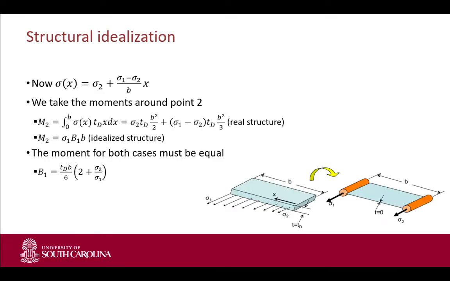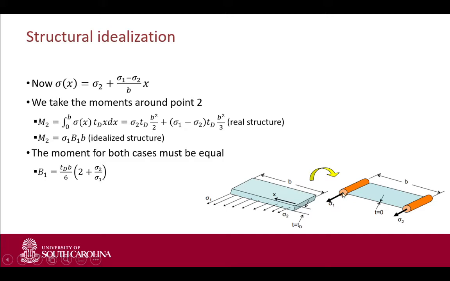And we did that, like I said, by looking at the stress distributions. We can look at this idealized structure and the real structure. For the real structure, we have to deal with the integral from 0 to b, the integral over this segment here, of course multiplied by the thickness. And we take that integral and we can come up with the moment distribution around point 2. And if we do the moment distribution around point 1, since we said the booms carry all the direct stresses, it's going to be just